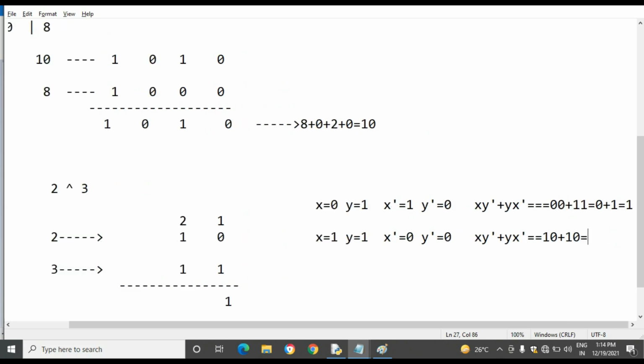Then x and y, both conditions should be true, but here y dash is false, so this is false and this is also false. X or y, any one should be true, but both conditions are false, so the result is false.